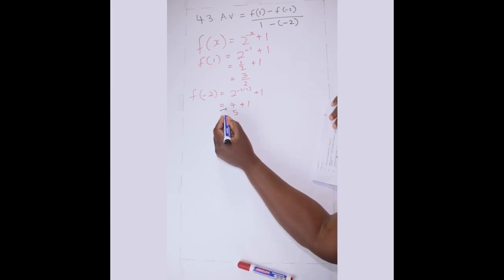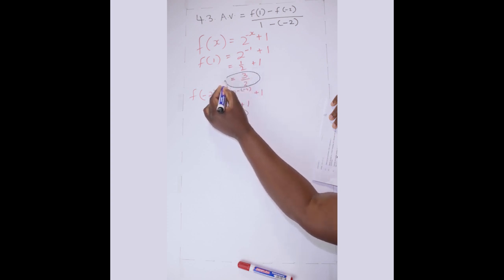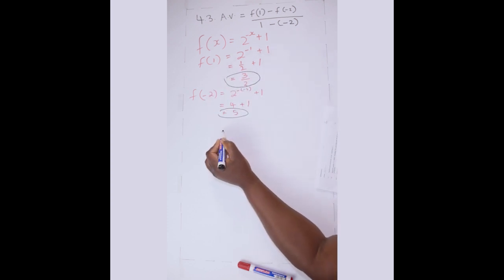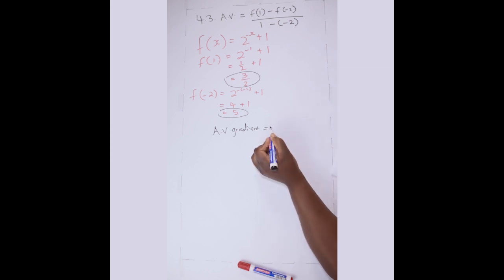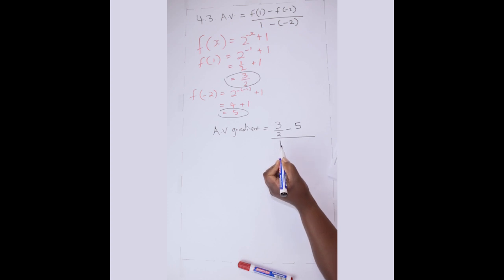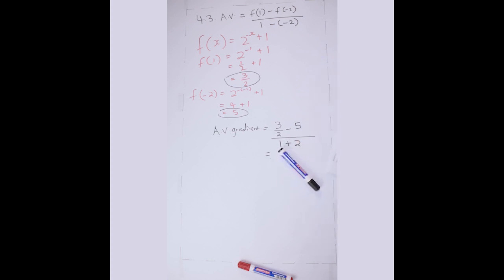Now you have to take this and substitute back into the equation of average gradient. So you're taking your 5 and your 3 over 2, and substituting to get your average gradient. Now the average gradient will be equal to f of 1, which we said is 3 divided by 2, minus f of minus 2, which is 5. You divide this by 1 minus minus 2, which now will be plus 2. And when we use your calculator, you will get that as,